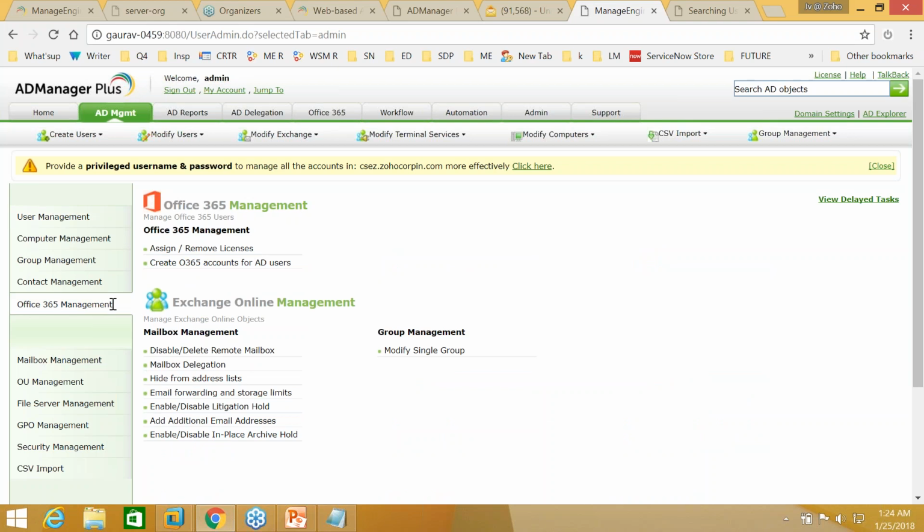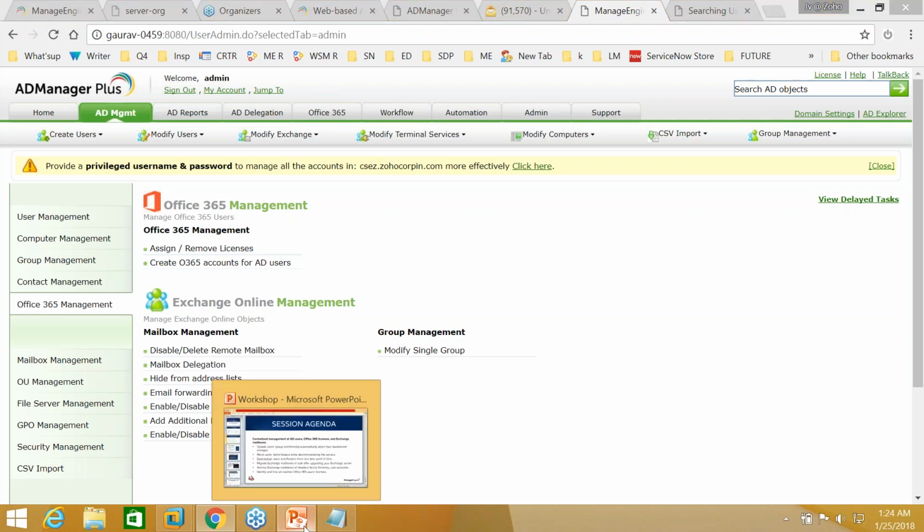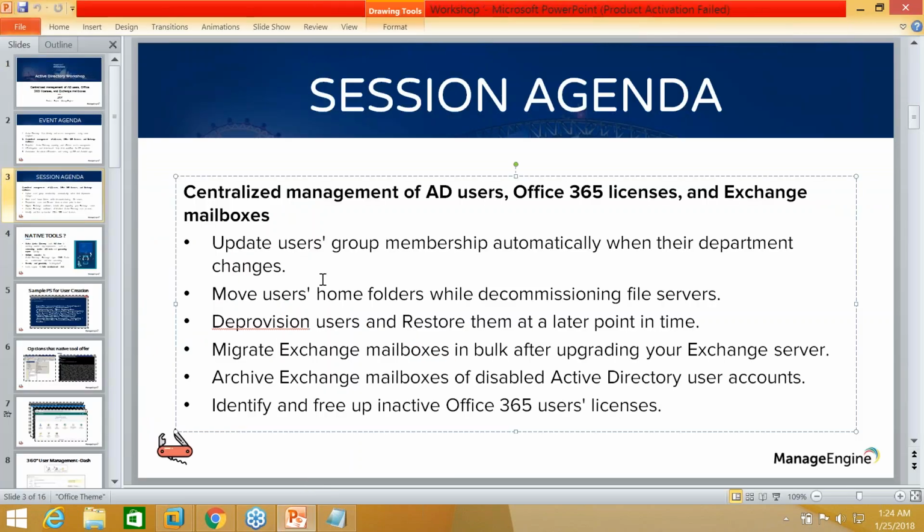So here, Office 365 management can also be performed from this module, one right here and one under AD management. For convenience, we put it together under the Office 365 tab right there. You can remove licenses right away for the list that you have. Import the list of inactive users from the report that you generated and have the licenses removed. Yes, so that is pretty much about today's session on managing your Active Directory user objects, your Office 365 licenses,